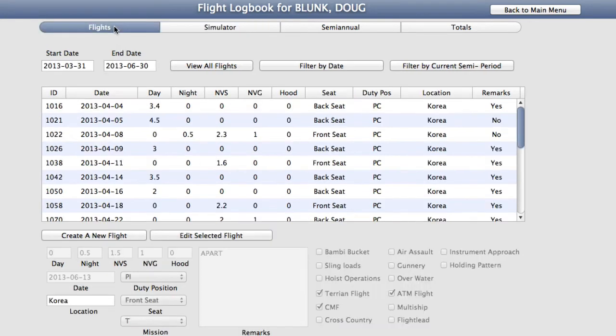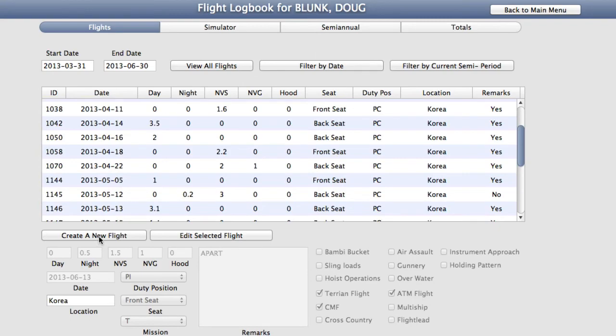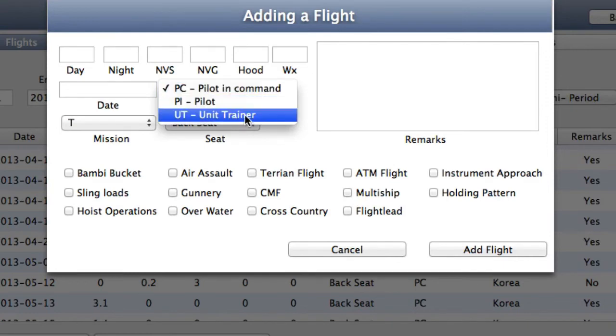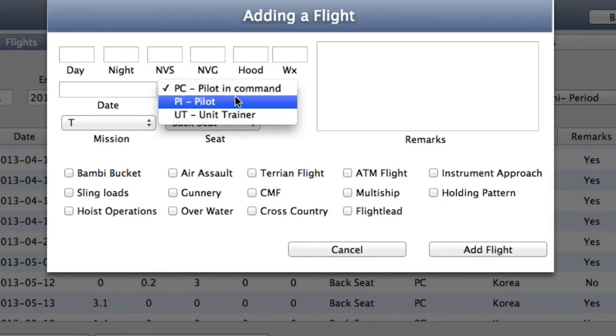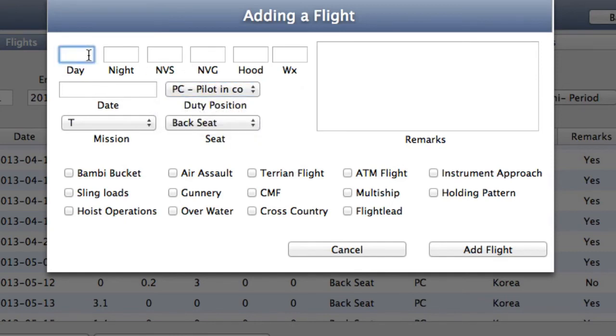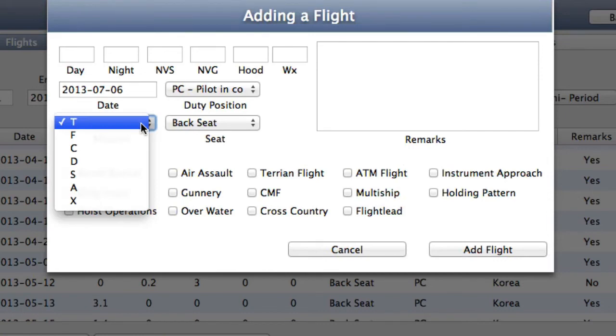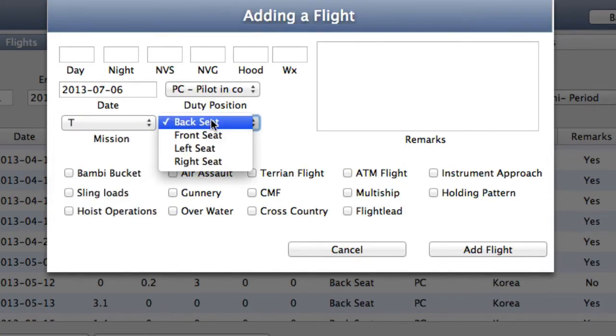Now let's talk about adding a flight. All you have to do in order to add a flight is click down here to create a new flight. A new menu will appear, and as you can see, the duty box here is quite smaller than what you saw in the pilot information box. So that's one of the features in the flight logbook. You can tell what hours you flew right here. It will only accept numbers. You click here and the date menu will drop down. You can save that date, and you can also select your mission type: back seat, front seat, left seat, right seat. Add remarks, add the little expanded information and what you accomplished during that flight,